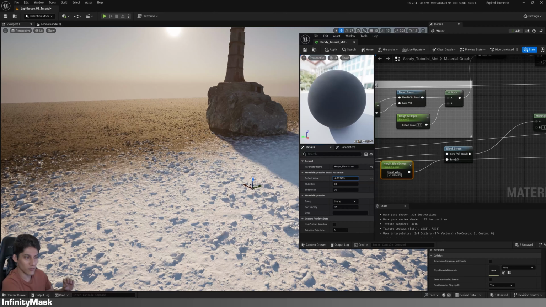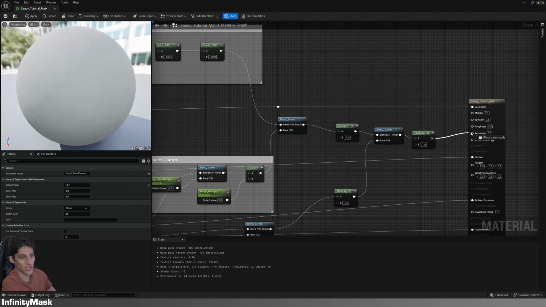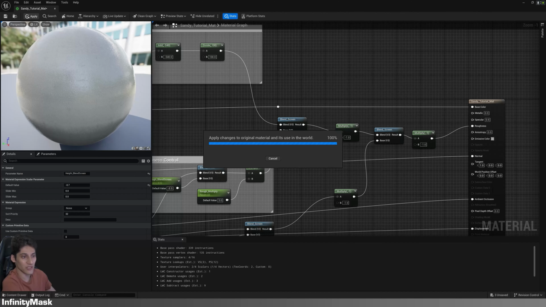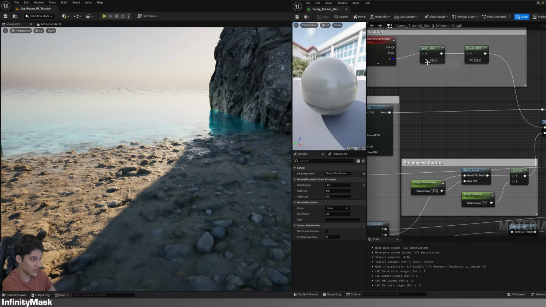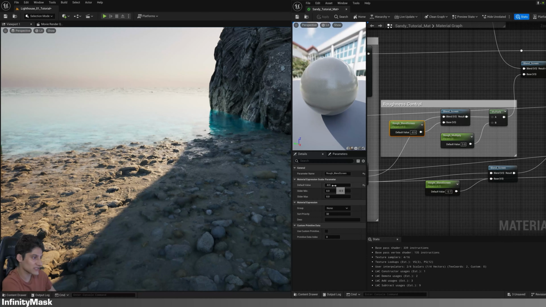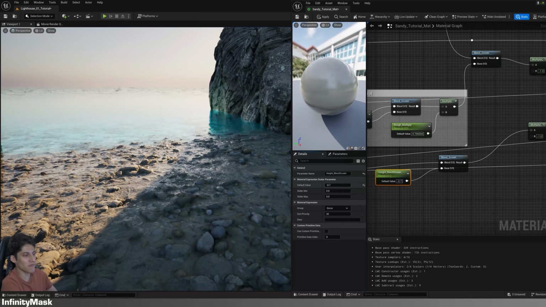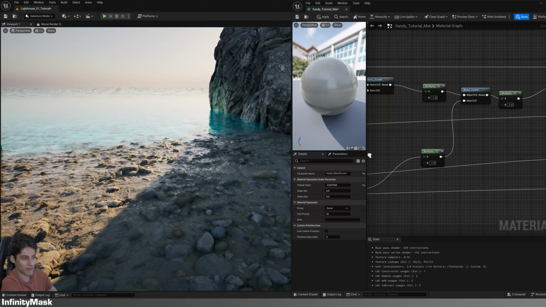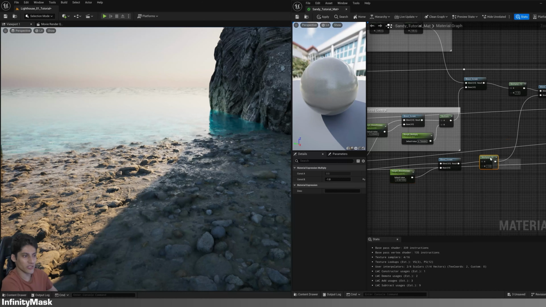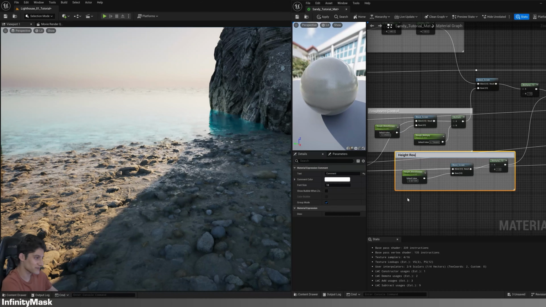If you don't know how this part works, you can subscribe to see the future videos in which I'll cover blending nodes. Now connect it to roughness and restore the base color. You'll see a significant improvement. I'll change some values to show the effect and control you have. Don't forget to organize your material periodically to prevent chaos.